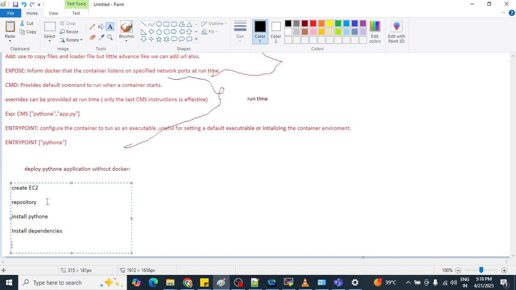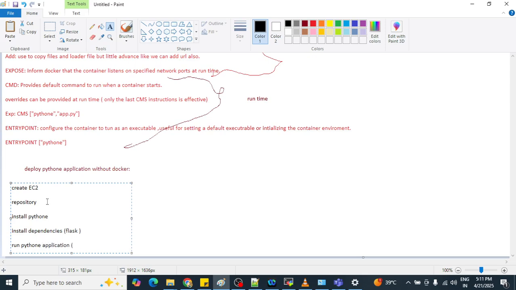Also we require dependencies. And which type of dependency? Python is using Flask. Okay, Flask dependency. Then we are required to run that particular Python application also. Got it?